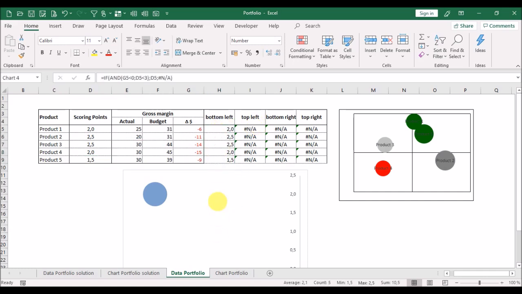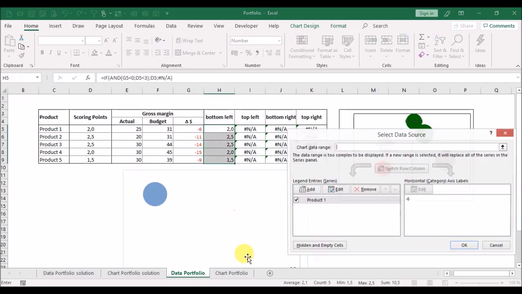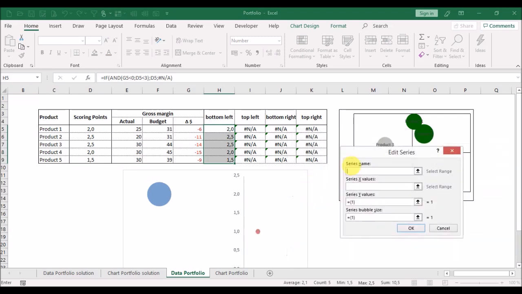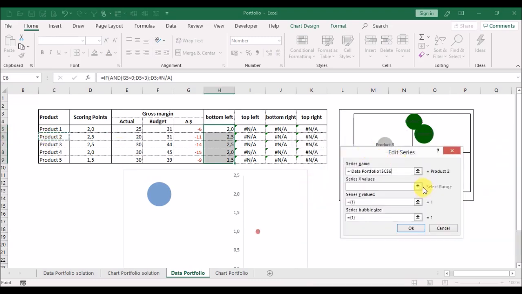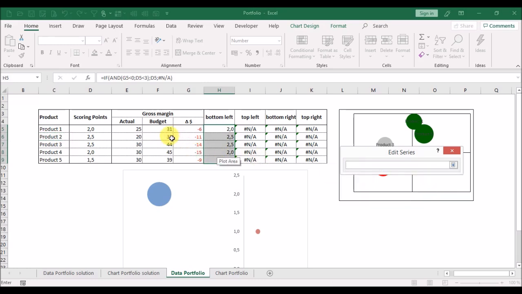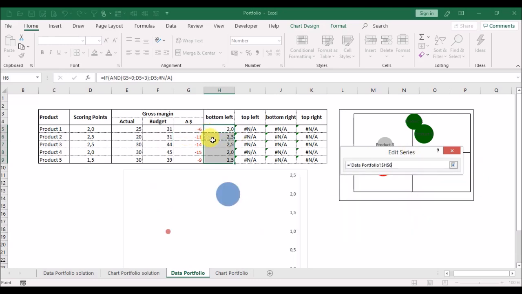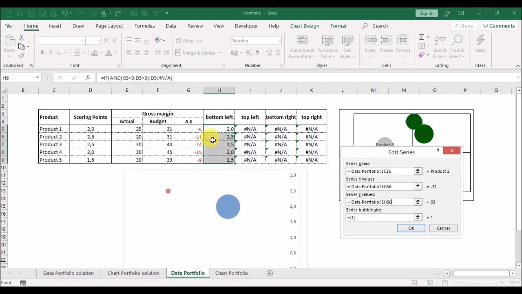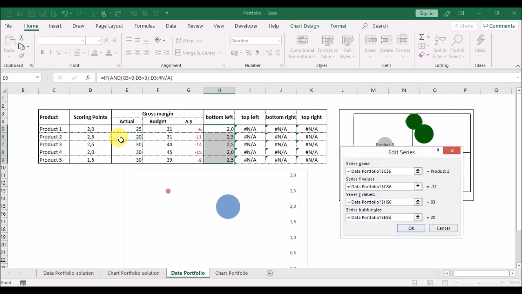We click on the chart, right mouse key, select Data, add, series name product 2, X values from cell G6, the value for vertical lines, that's here on cell H6, and the bubble size from cell E6.